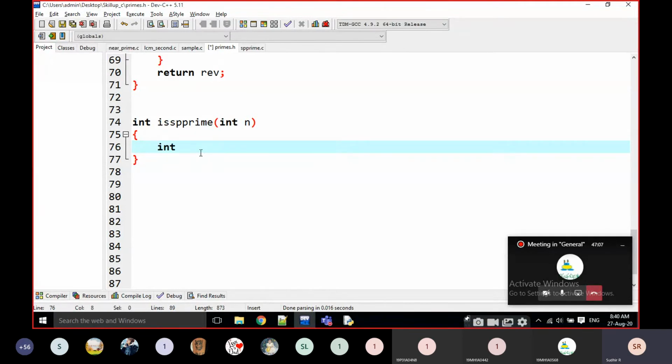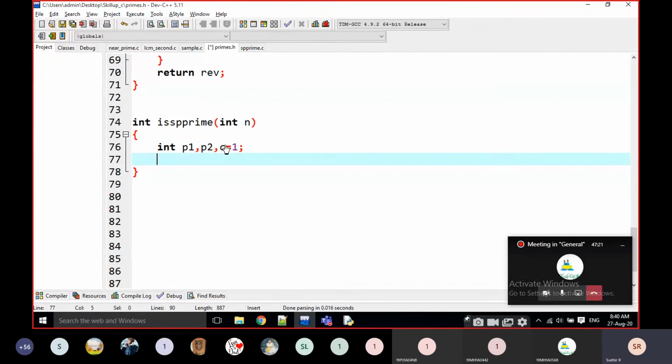For example, int p1 comma p2 comma c is equal to 1. Always c is equal to 1, right? Now I am going to find p1, p2. What is the p1 value and what is the p2 value?